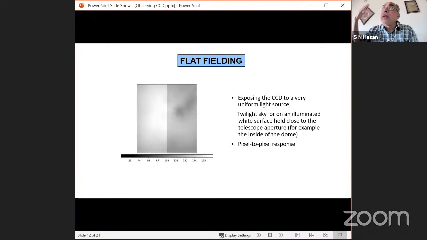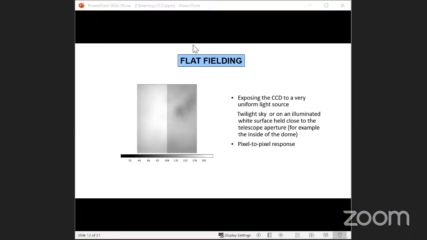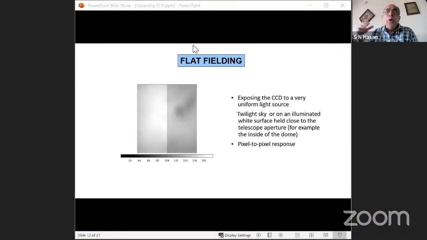So you take multiple exposures with that, or you may have a screen in the observatory which is illuminated very uniformly, and you take flat fields of